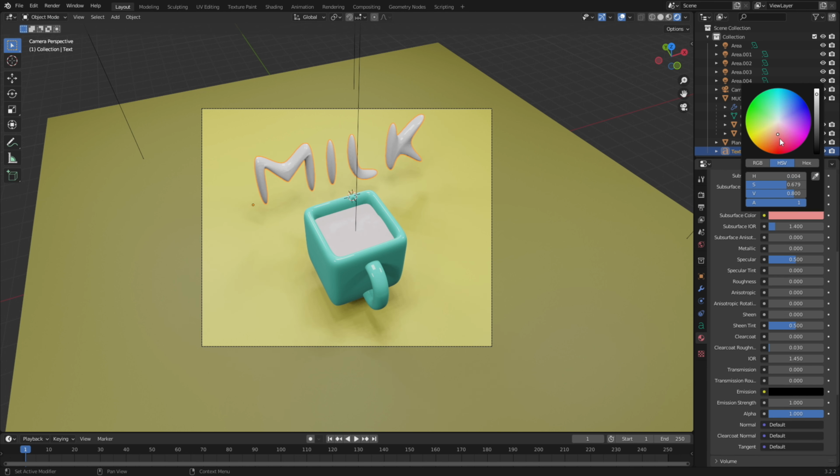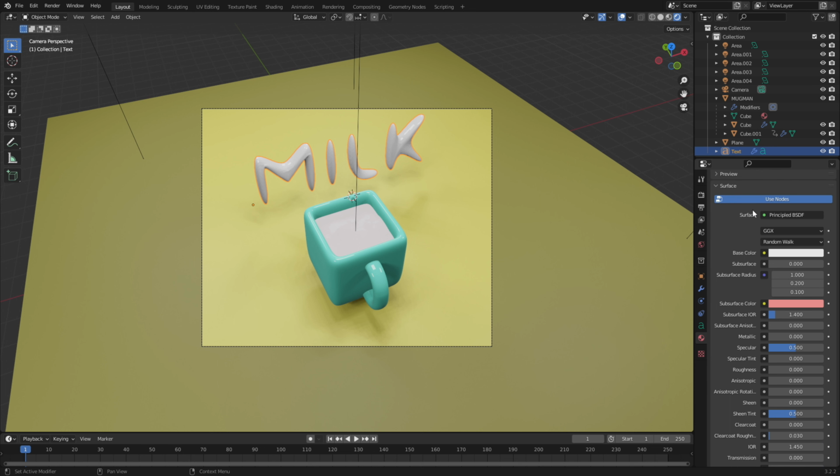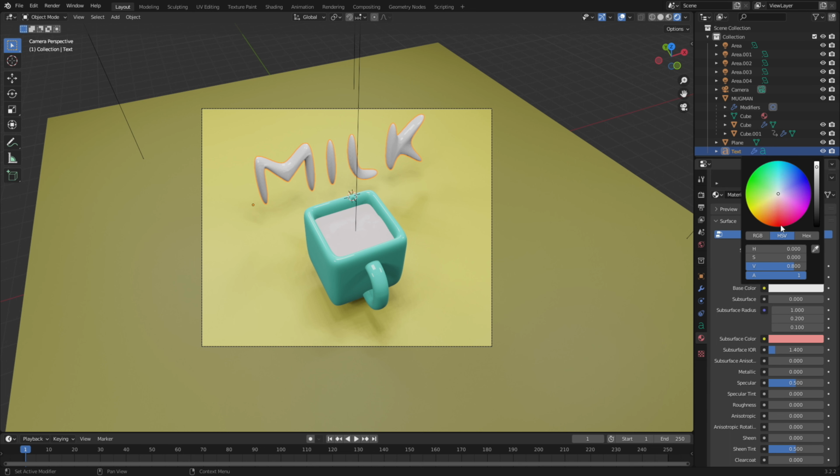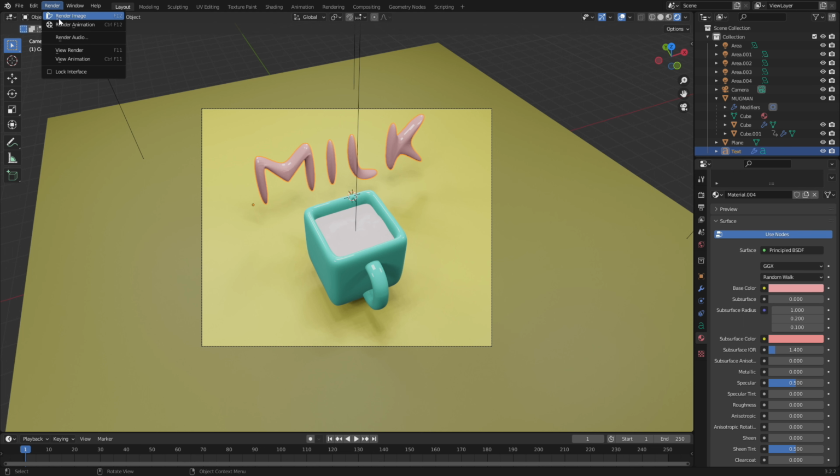Okay, now we can change the color of the text. So go to the material properties and go to the base color and change it to something that you like. I want a reddish color, like a pastel reddish color. Yeah. Okay, that's good. Okay, now what we can do is render